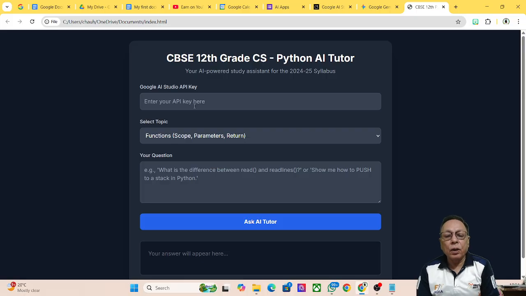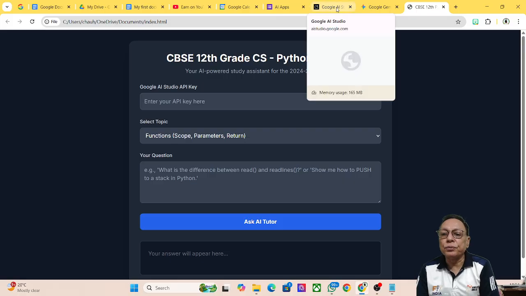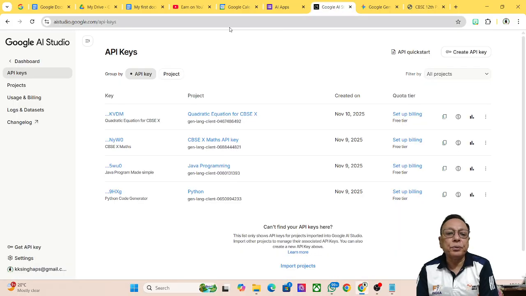All right. Now, I need the API key. To get the API key, move to Google AI Studio, aistudio.google.com, and here is how to create the API. To create the API, simply go to maybe here or click here,